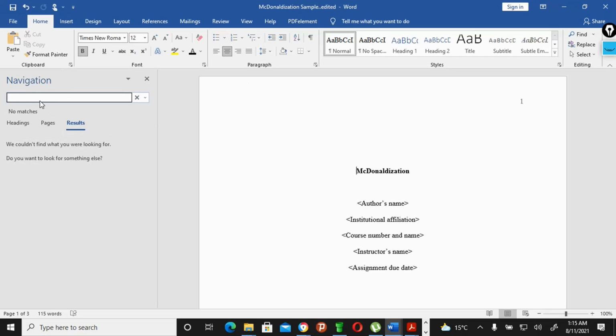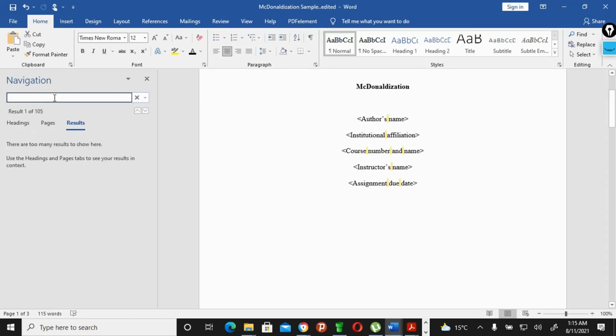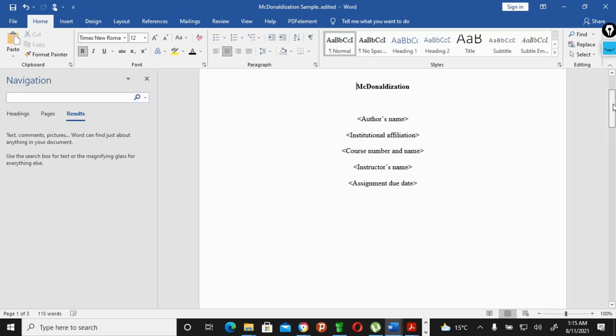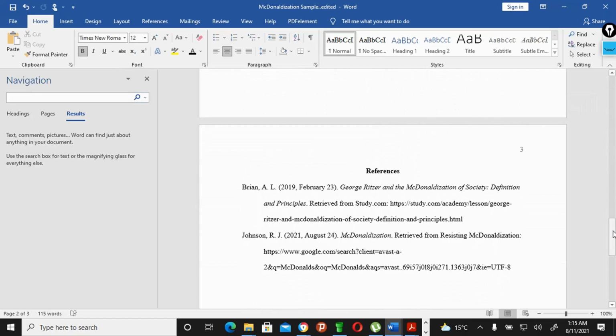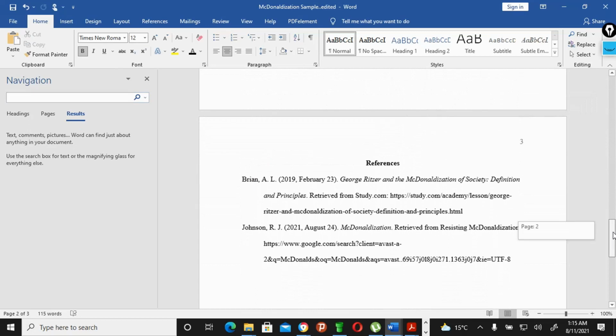You check your document and make sure it has no double spaces. Single spaces are okay, that is not an error, but when there are two or three, it's an issue. So my document is okay. And then when I come back to my references, I can see they are all okay.